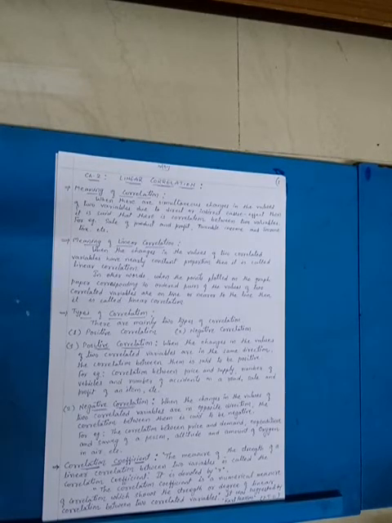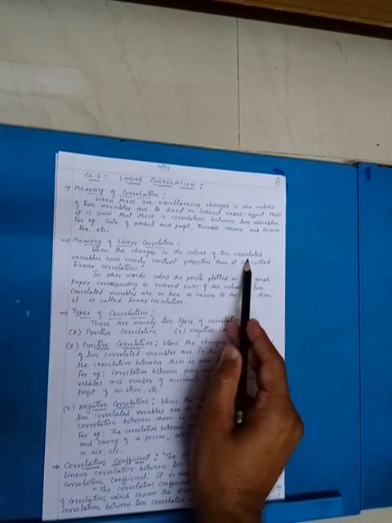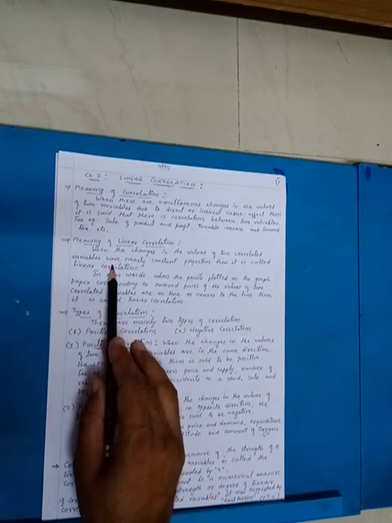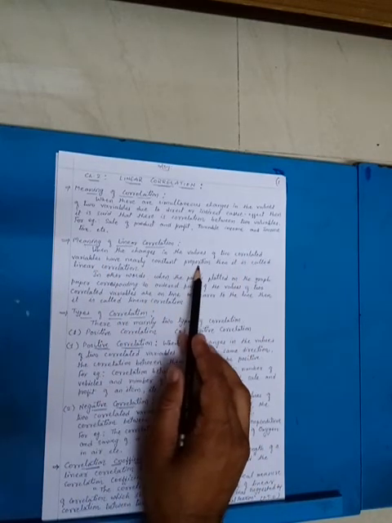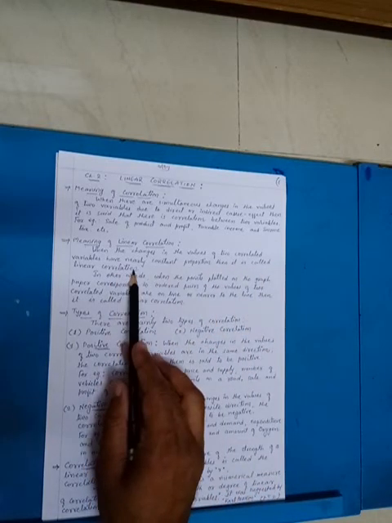Okay, now what is linear correlation? An additional word, linear, is there before correlation. So what does linear correlation mean? We'll see that. I'm reading the definition first, then I will explain it to you. When the changes in the values of two correlated variables have nearly constant proportion, then it is called